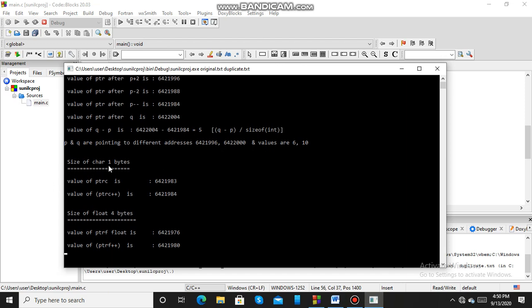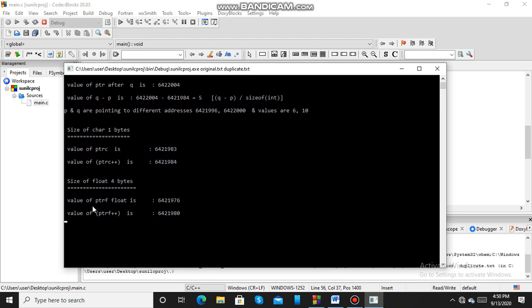Then character, size of character is 1 byte. So the initial value in the pointer is 6421983. I have incremented it, and it has incremented only by 1. 83 has become 84. That is because the size of the character data type is 1. In the case of float, the initial value in pointer ptrf was 6421976.